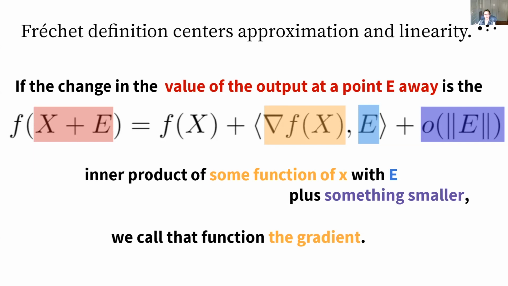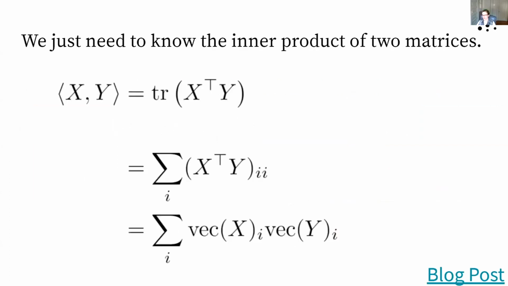So the only thing that's different here is we now need to know how to do an inner product and calculate a norm of a matrix, which maybe people are a little bit less familiar with than they are with inner products of vectors, right? The inner product of vectors already showed up actually in Hans' talk, right, with that cosine similarity. The cosine similarity is just the normalized version of the dot product. So what is the inner product of two matrices? What is the norm of a matrix?